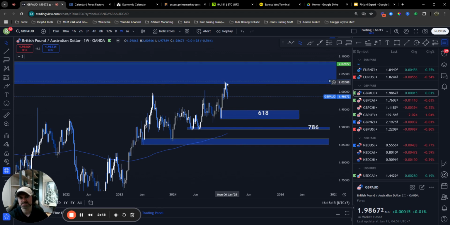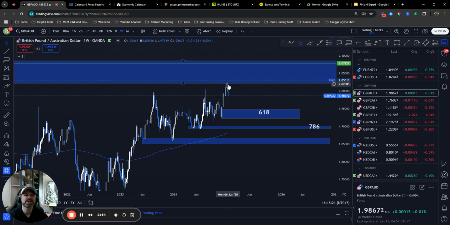Now here, this is just simply a pullback, a retracement, a correction. Now, can you trade this and take the sale here? Yes, you can. But like I always say, you have to remember you are taking a counter trend trade. You're taking a trade which, one, goes against fundamentals. The UK is super strong. The AUD is absolutely dog shit. If you looked at the British economy's data on the left-hand side and you looked at the dog shit Aussie economy on the right-hand side, you would then be saying to yourself, you have to look at trading this way. When you enter a trade, you are basically saying